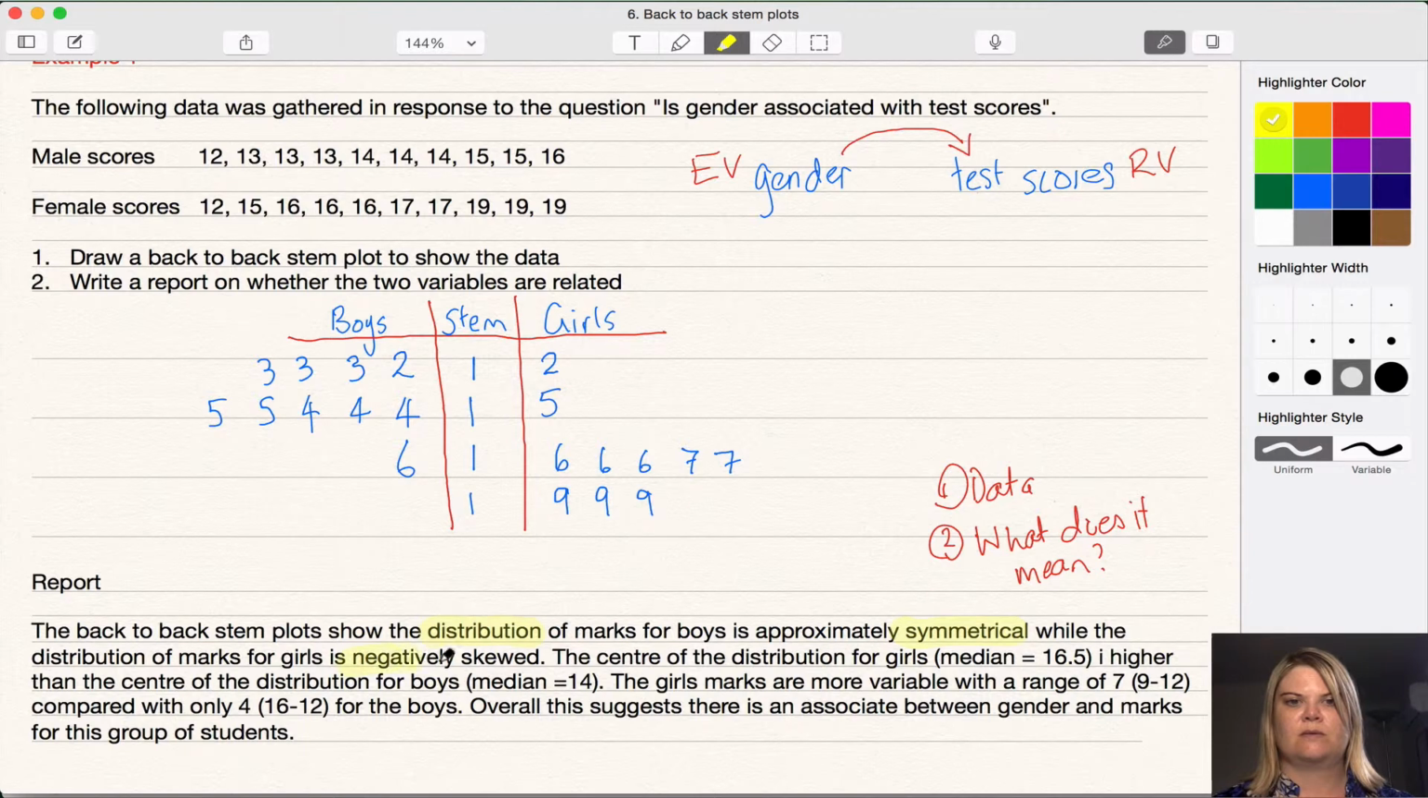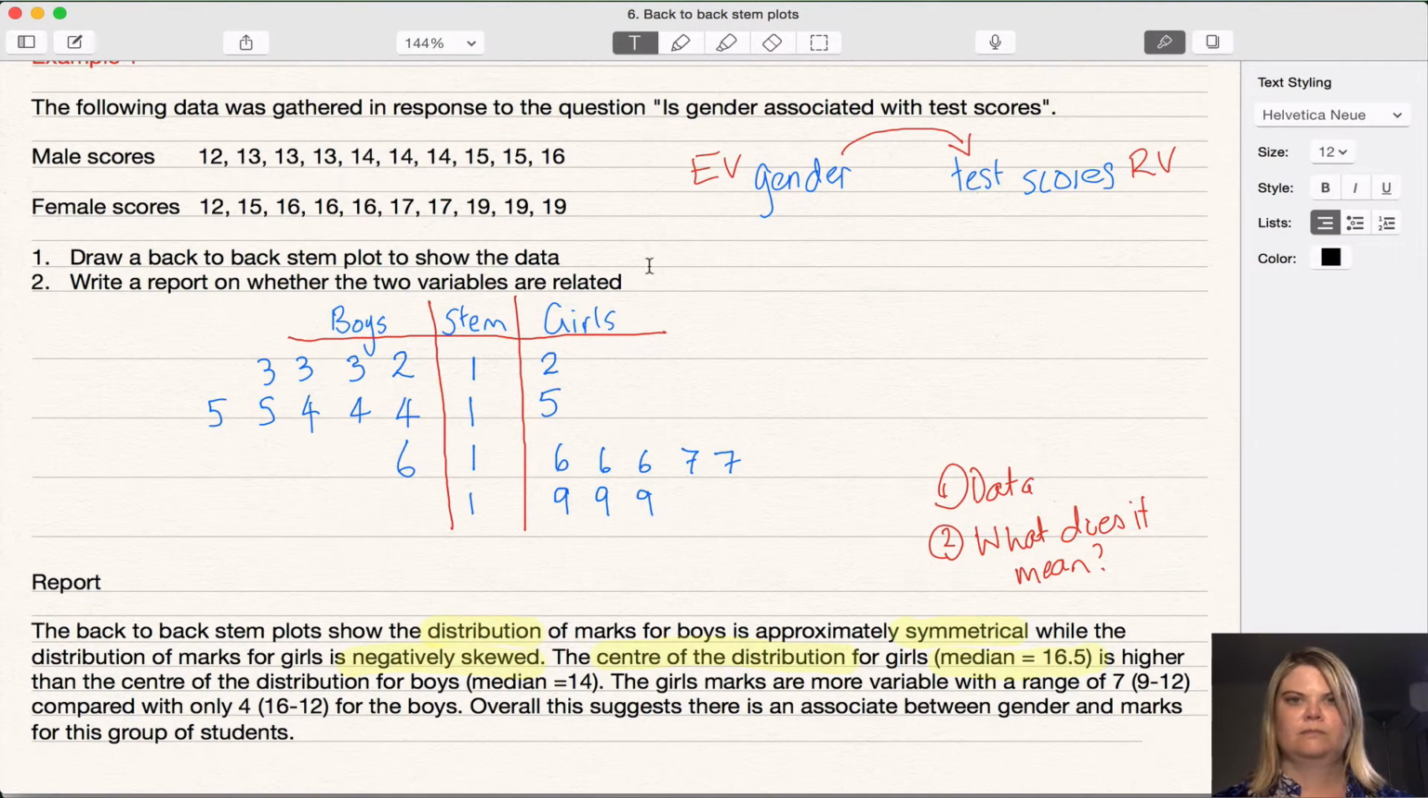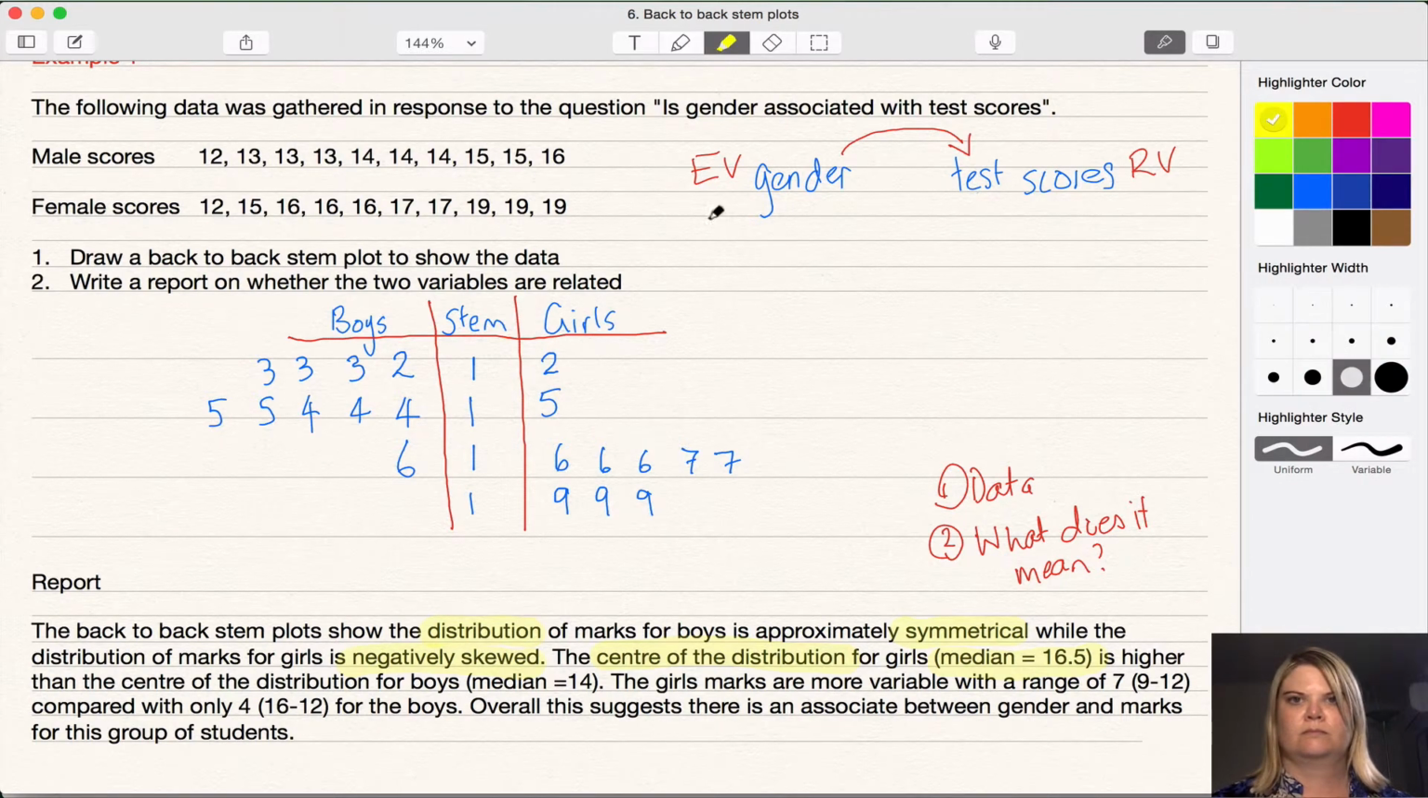Distribution, symmetrical, negatively skewed. The center of the distribution for girls, median 16.5, is higher than the center of the distribution for boys, median 14. The girls' marks are more variable, or they have a larger range, with a range of 7, 9 to 16, compared with only 4 for the boys, 12 to 16. Overall, this suggests there is an association